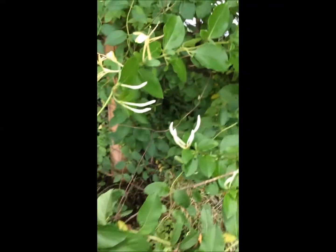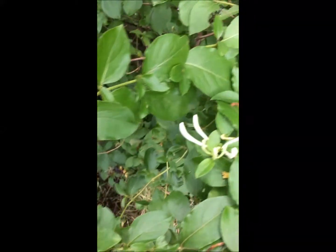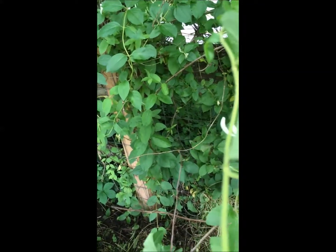So here you'll see this is a healthy honeysuckle vine. It's got flowers on it. I've pulled some flowers on it. I'm going to pull some more, but I'm going to show you how I cut it. So first thing you do, of course, is go ahead and pull any open blooms, okay? And when you cut it,